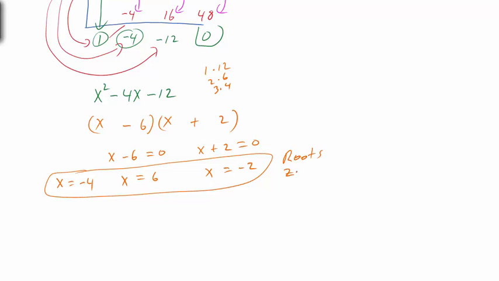We could think of this as our zeros. This would be your x-intercepts, or you could even say this is your solutions. So all of these are meaning the same thing. Now, they also said they want us to